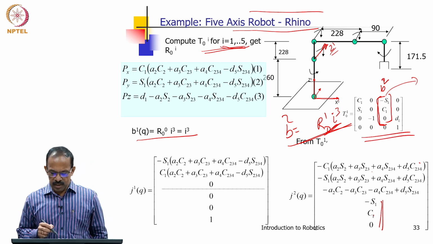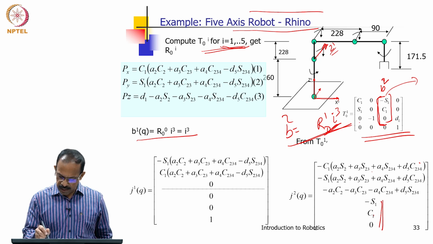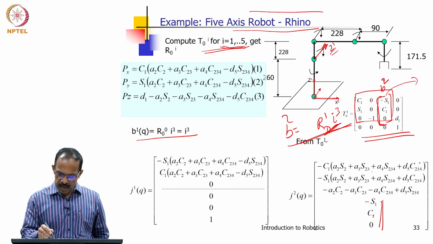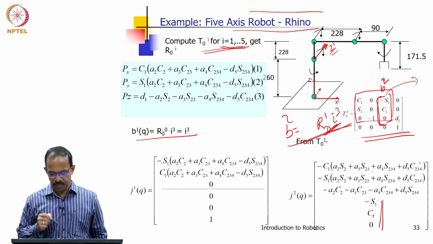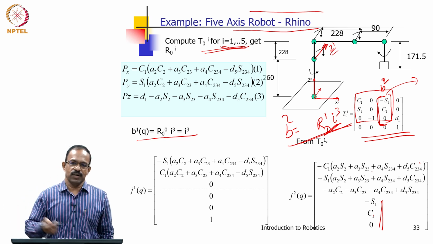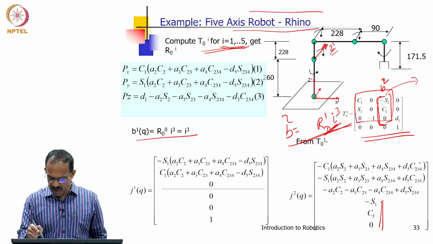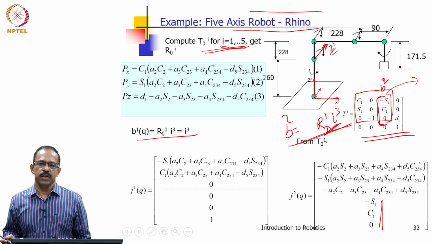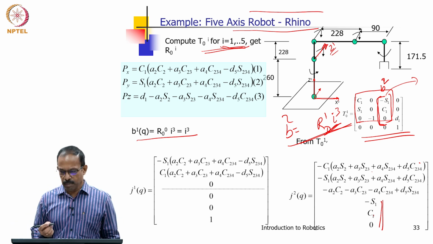I hope you got it. So, what we have to do is get T01, and from T01 get R01, and then multiply R01 with I3, and you will be getting this as minus S1 C1 0. Once you are comfortable, you do not need to really do the multiplication, just look at the approach vector and take that approach vector and add it here. That approach vector is the one we will be using here. This is the way you get the B2.